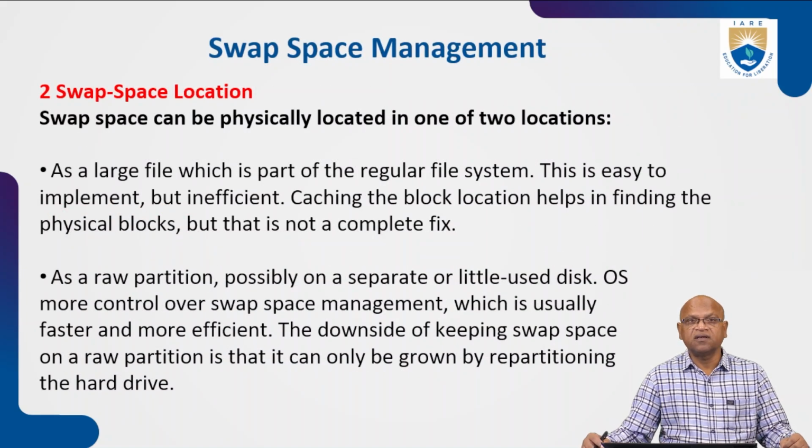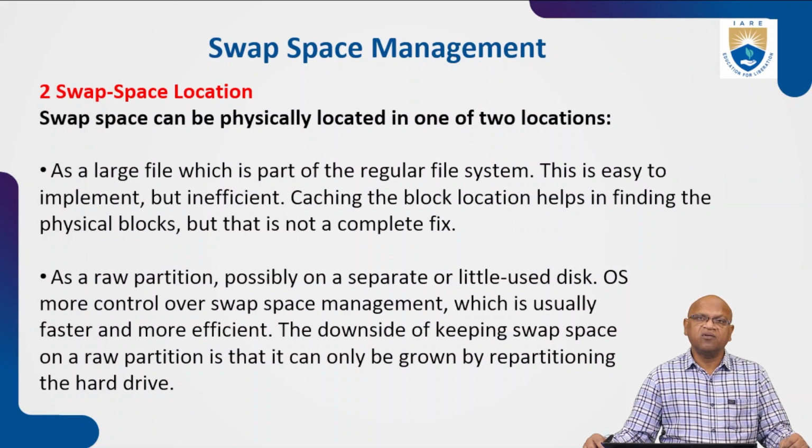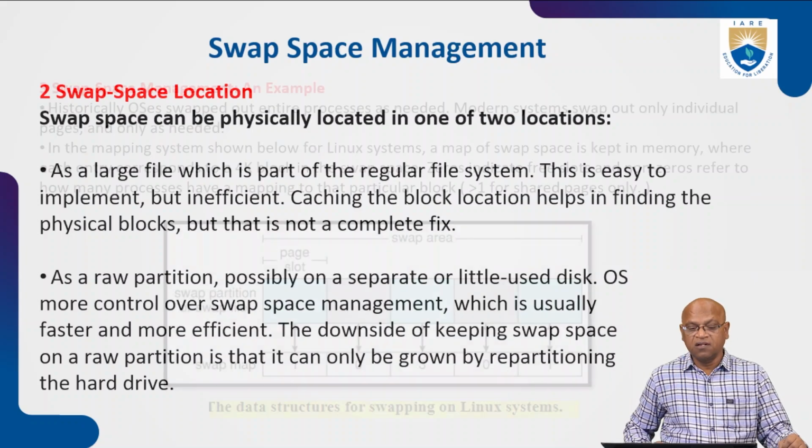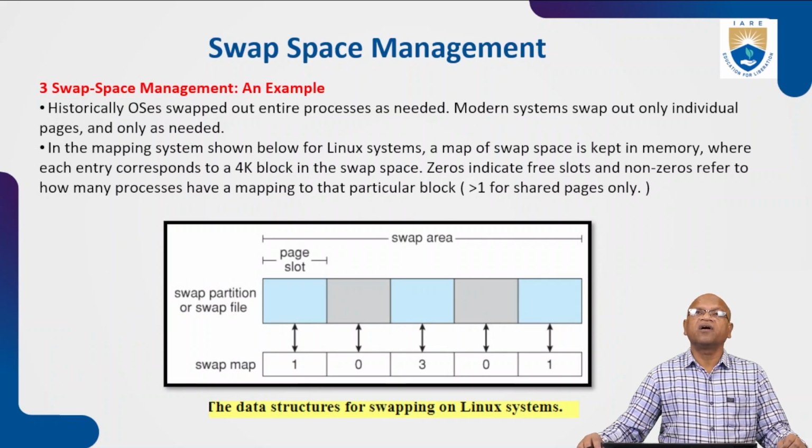So swap space location. Swap space can be physically located in one of two locations. As a large file which is part of the regular file system, this is easy to implement but inefficient. Caching the block locations helps in finding the physical blocks, but it is not a complete fix. As a raw partition, possibly on a separate or little used disk, there is more control over swap space management, which is usually faster and more efficient. The downside of keeping swap space on a raw partition is that it can only grow by repartitioning the hard drive. So we'll continue the concept in the